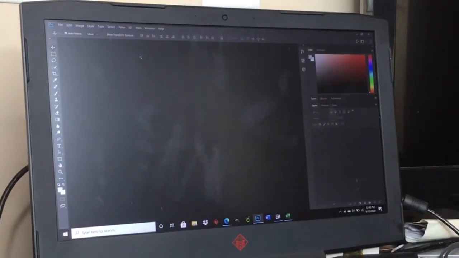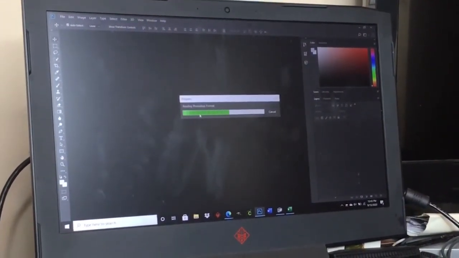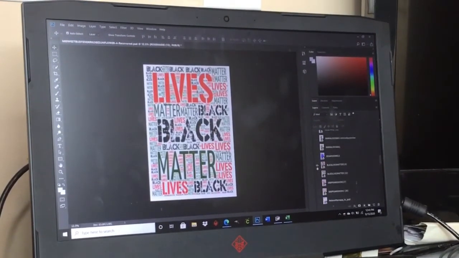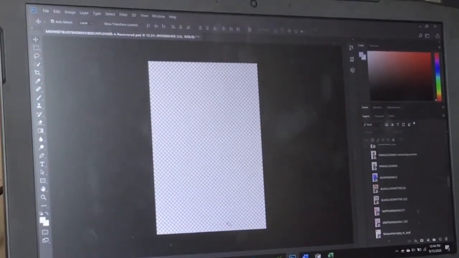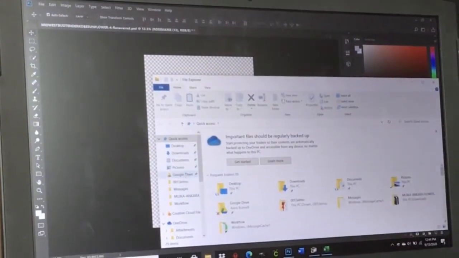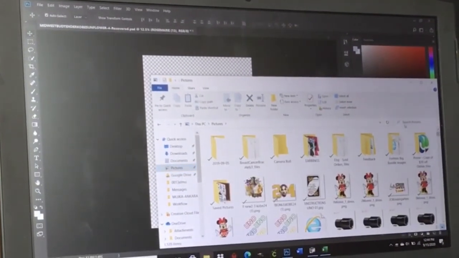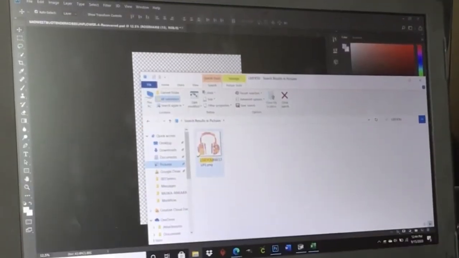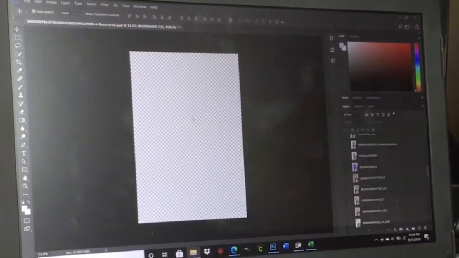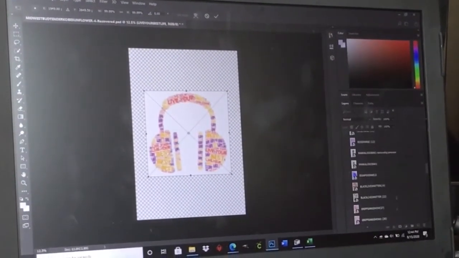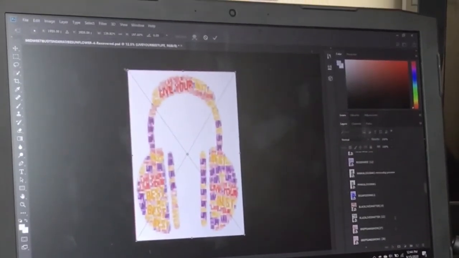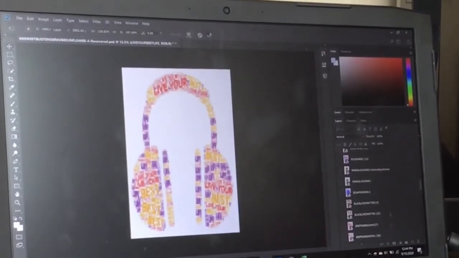So I'm just gonna pull up one of my old files because I have everything set in here. This is something I was working on last night. I'm just gonna close this so I have a blank transparent screen, and I pull my folder up, go to my pictures, search for my design, and there it is. So with Photoshop, you can just drag it and drop. So I usually just spread it out because I print in 13 by 19, and then I hit the check mark,